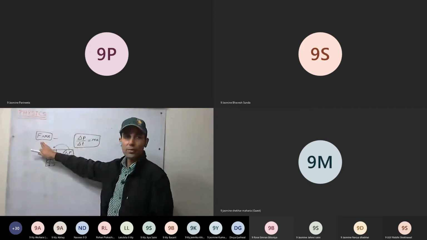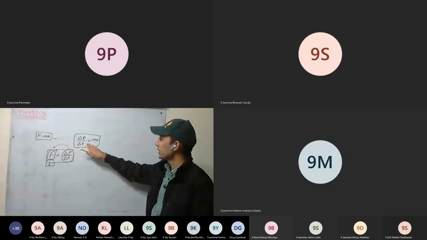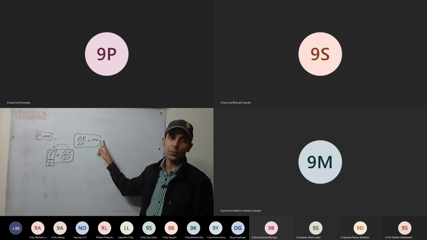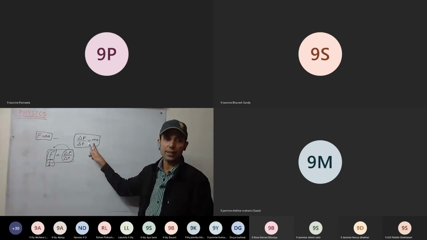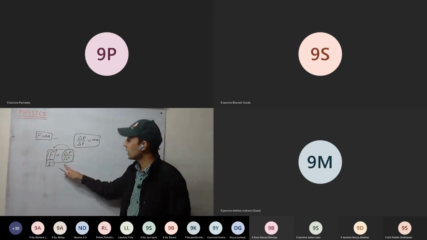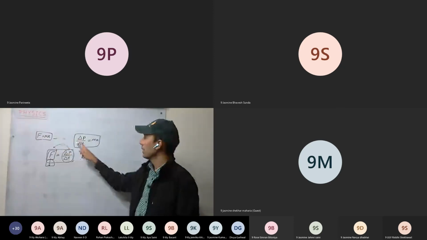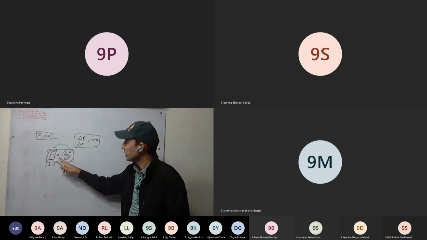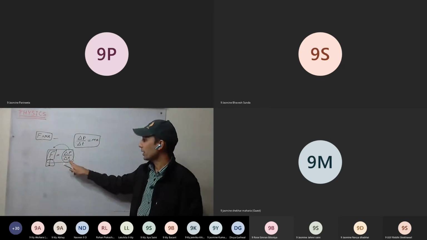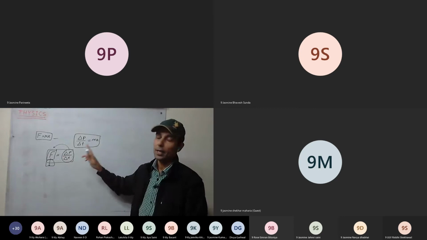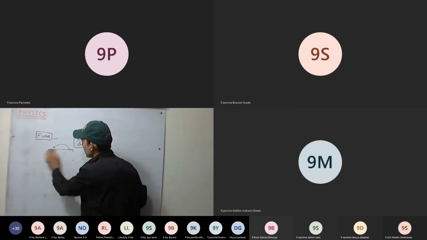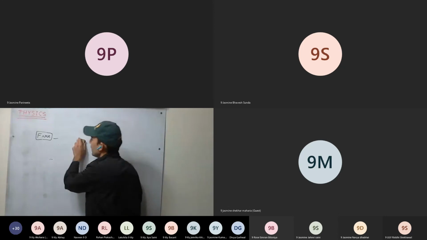So Newton's second law we have already derived. Rate of change of momentum is equal to the mass of the body into acceleration produced in the body. This as well we have derived earlier. And how are they related? Force is equal to ma. Rate of change of momentum is also equal to ma. And so force is related with delta t. And here two conditions are to be satisfied. What are the two conditions?